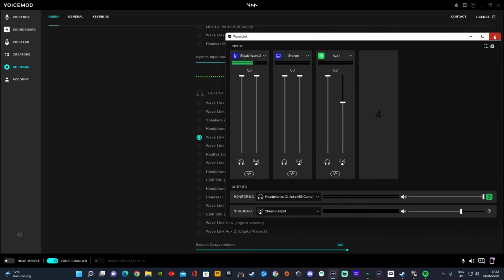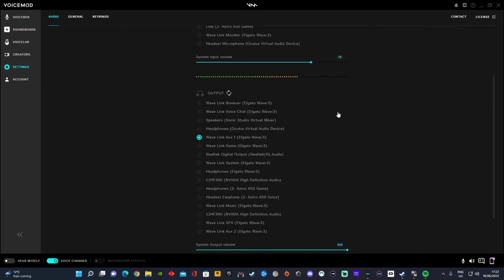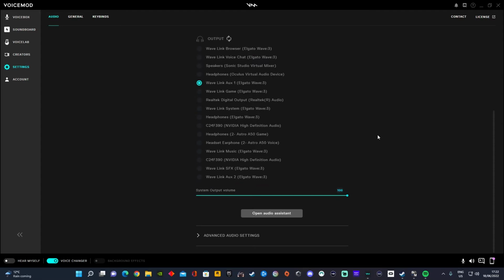I'm going to close this down and now show you another alternative. But as you can see, they correspond, Wavelink Aux 1, and you want them to match up with what's in your Wavelink software. Now if you keep struggling, you can open the audio assistant. We're going to keep the system output volume 100 because that's what we want everybody to hear, every bit of audio. So when I click on open audio assistant,